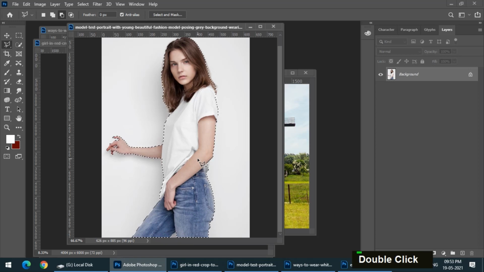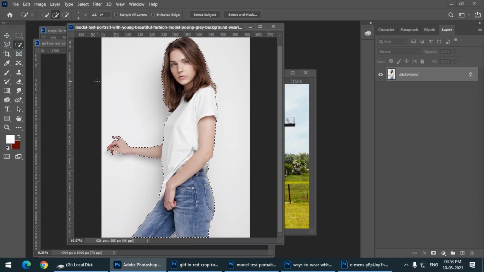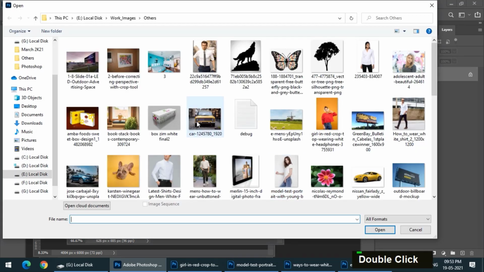So the quick selection tool is regularly used for selection because it is very simple to use, and it works on different images as compared to the magic wand tool. For example, we will see another example, then we can stop.